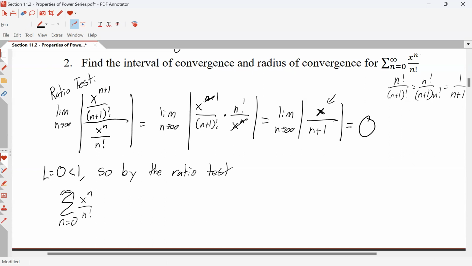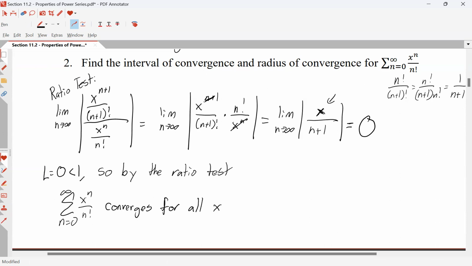And going all the way back here, I could put any number in for x, and the limit will still be 0 when we run the ratio test. So by the ratio test, because our limit, no matter what x I use, is 0, this series converges